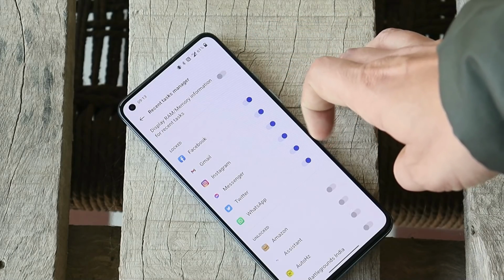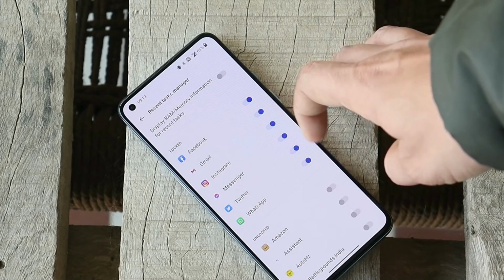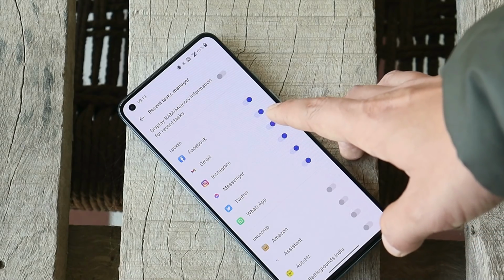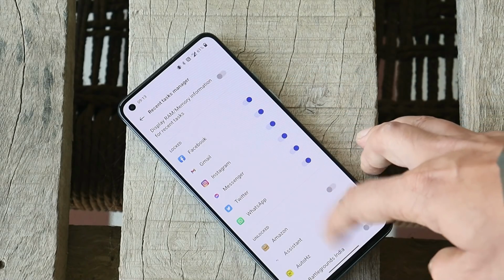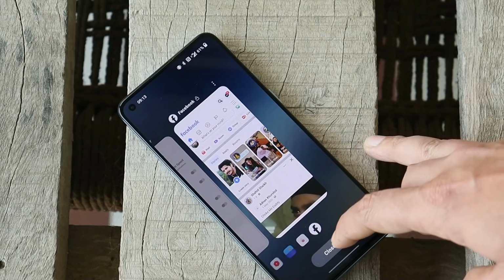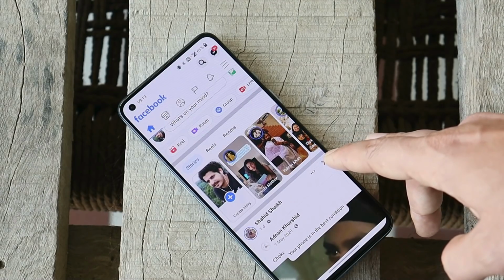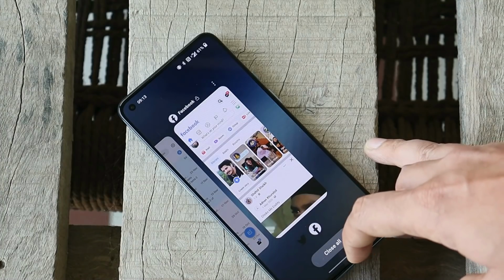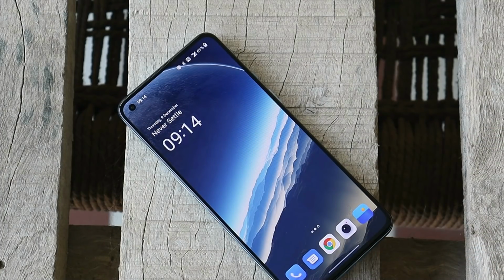If you want to close all the applications, you need to disable all the logged applications, because here the system automatically decides based on your usage patterns which applications you use the most, and those applications get logged. So let's take an example here. I have the Facebook application which is logged. Let me open the Facebook application, and if I try to close this application now, there you can see the Facebook application doesn't get closed because it is already in the logged applications. So before writing a comment, make sure you know everything about that issue.